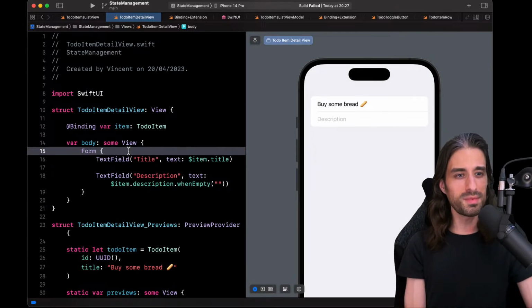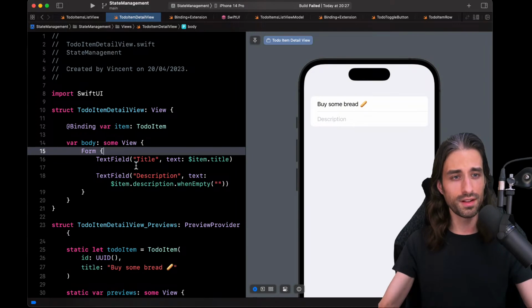Form is kind of like a list in the sense that it takes a number of child views and it displays them with some UI layout. And so here it applies the kind of UI layout that iOS applies by default for a form.